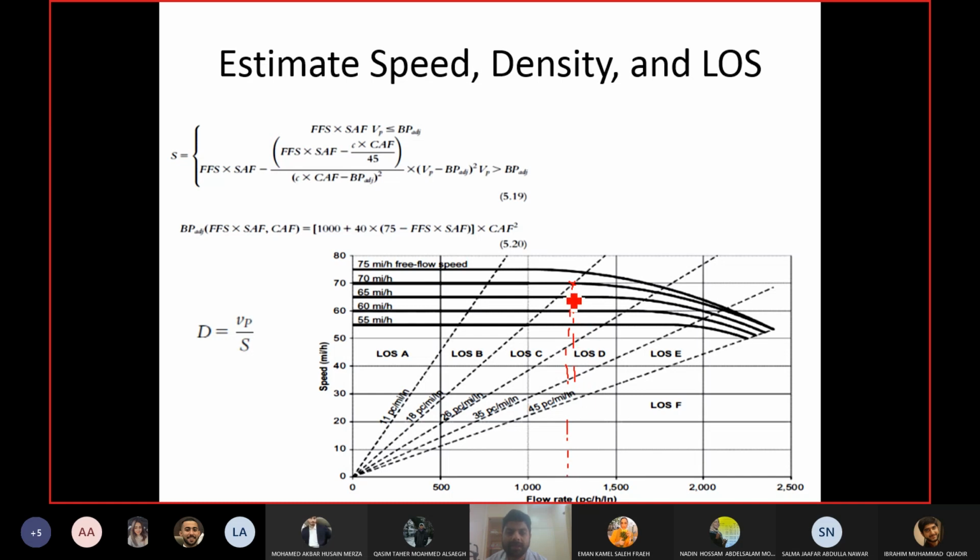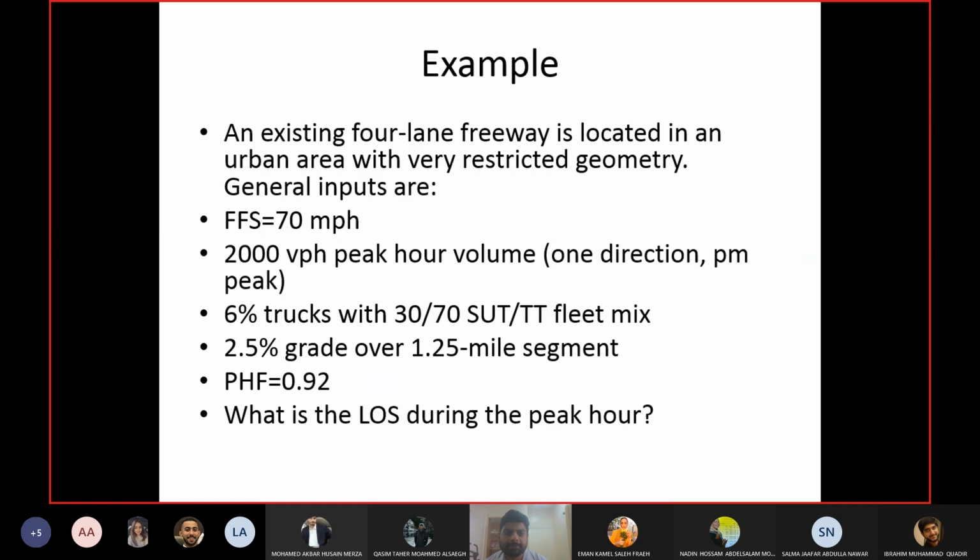So make a straight line and then you can find out the level of service. It looks like you will be in level of service B here, but maybe if you plot the line more accurately you may get level of service C. So you can see another problem with this approach of using the graph: you are doing approximations about the position of the flow rate and where you are meeting the curve. But if you are doing it manually using these equations, then you will get the exact values.